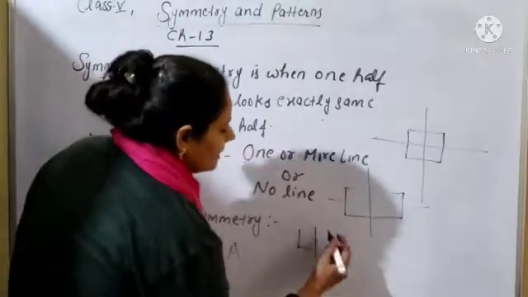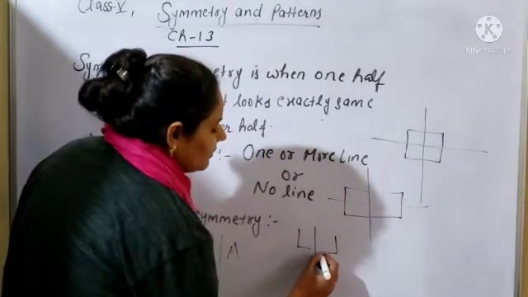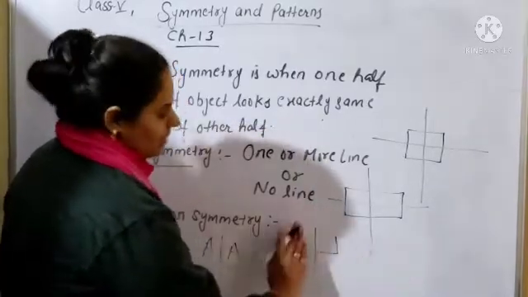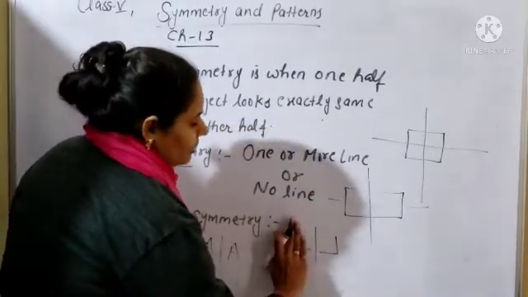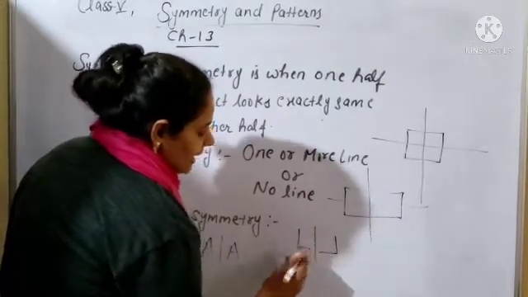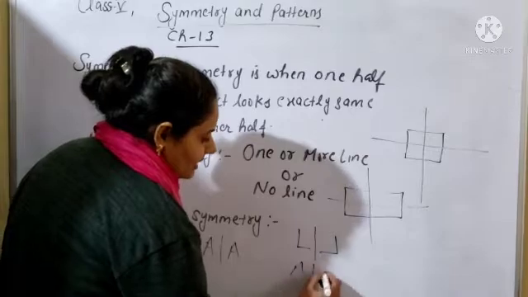इसकी reflection जब mirror के ऊपर पड़ेगी, so what will it look like? Okay, the reflection image will be the opposite of this, so it will be like that. The left side image will be on the right-hand side, so it will look like A will be same as A.